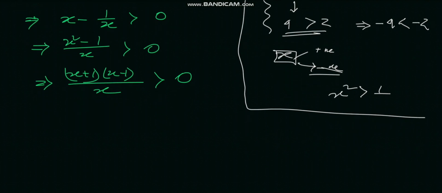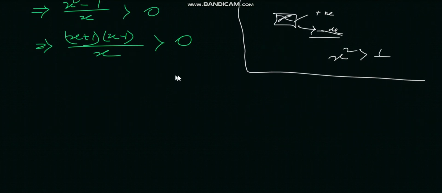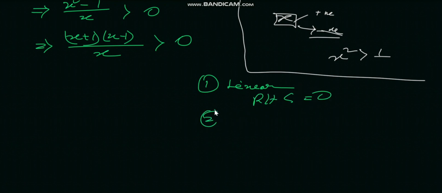After that, we can see the first condition, which says we need to make it linear. We have made that expression in a linear form, and RHS is 0. The second point, we need to find the critical points. Critical points, that is, if we see here that x contains minus 1 and plus 1,